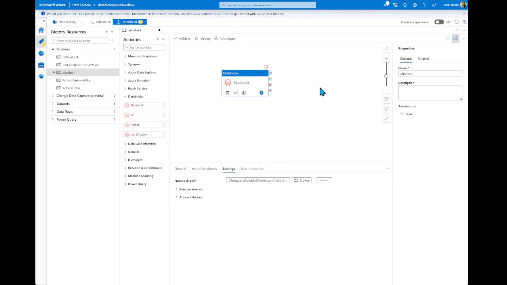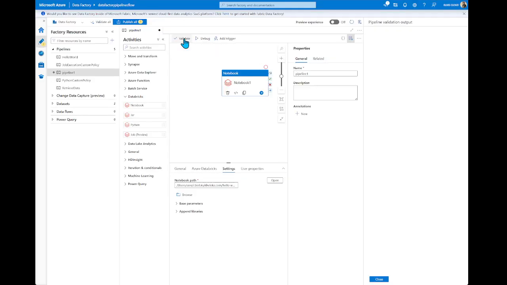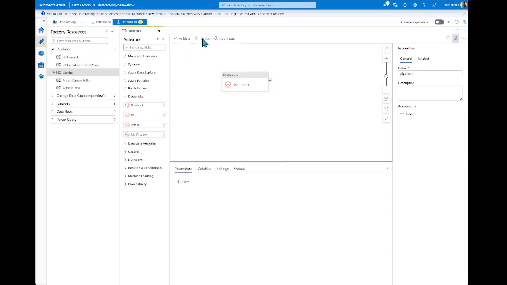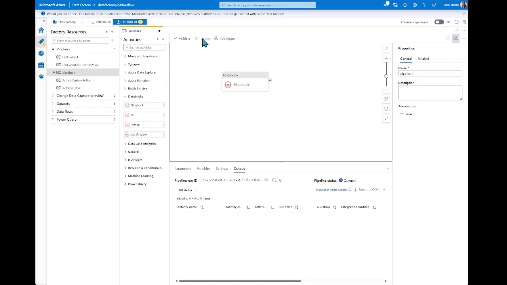So let me validate our pipeline. We don't see any issues here, and we have a possibility to debug this. Okay, let me start debug. It might take some time, but it should be faster because we already have a running cluster.